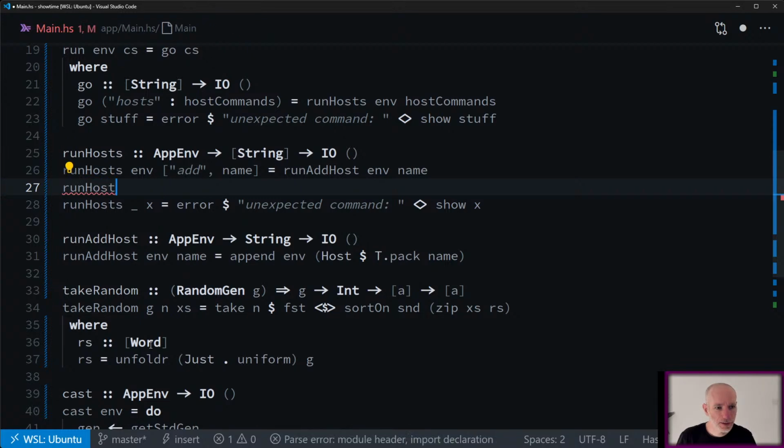So another host command, given the environment, let's look at delete and take some name. I'm going to say run delete host, environment, and name.